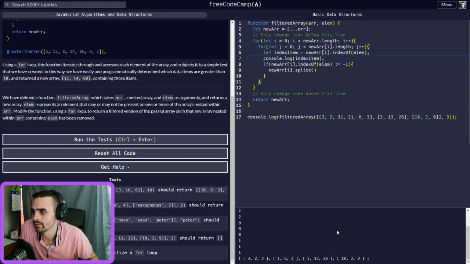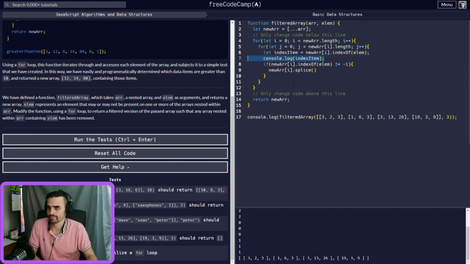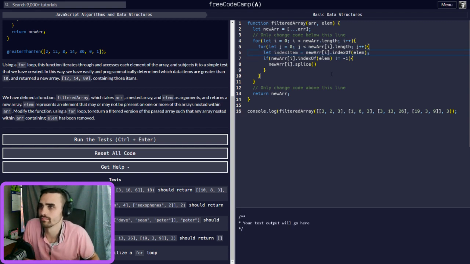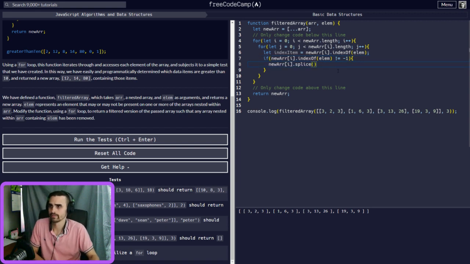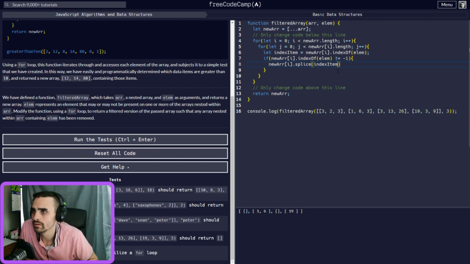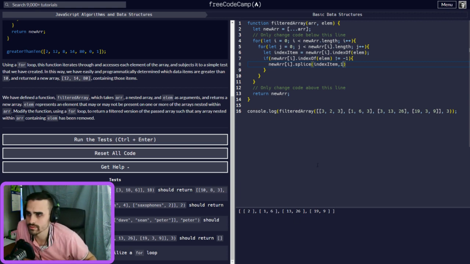So here we go. So it finds everything, the indexed item. Splice index item, 1. So it took out the 3 of each one of these. But we don't want to take out the item inside. We want to take out